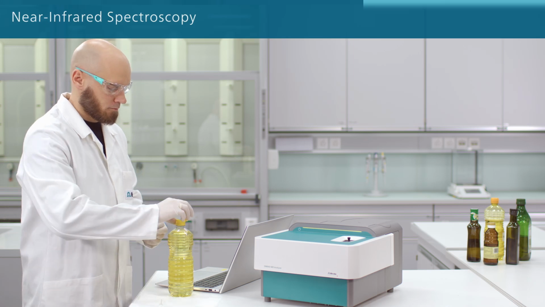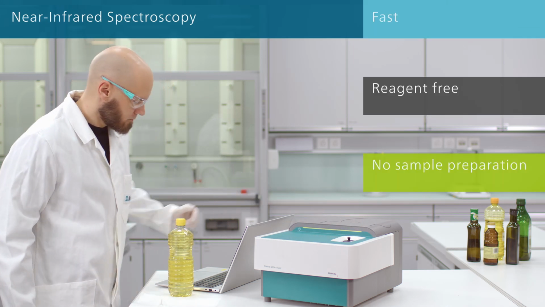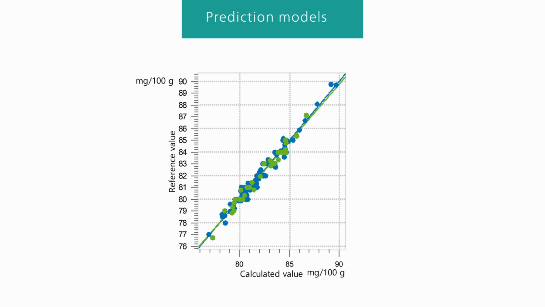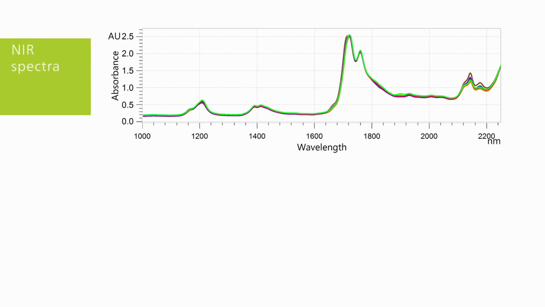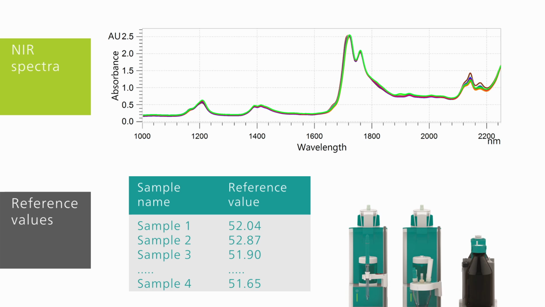Near-infrared spectroscopy is fast, reagent-free and requires no sample preparation. To use NIR spectroscopy in routine analysis, prediction models are necessary. Hi, I'm Andreas, and in this video I will show you how easy it is to create prediction models with the OMNIS software. Prediction models correlate NIR spectra with the measuring values of a reference method, such as titration for